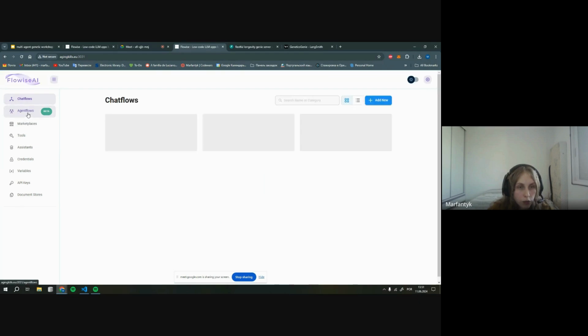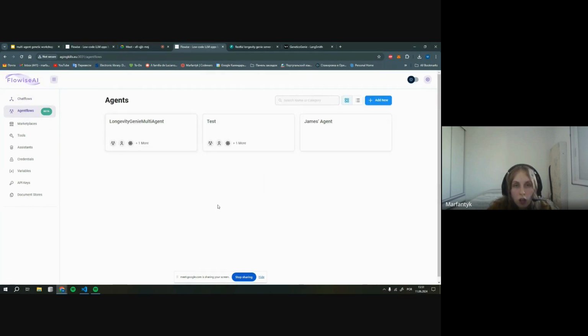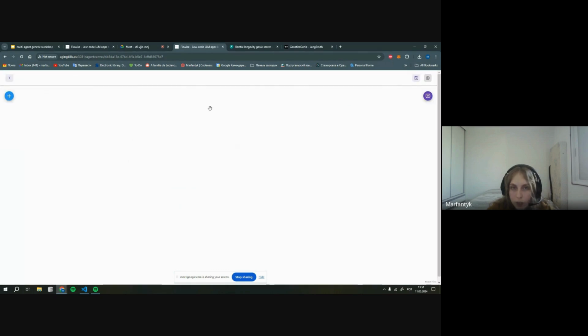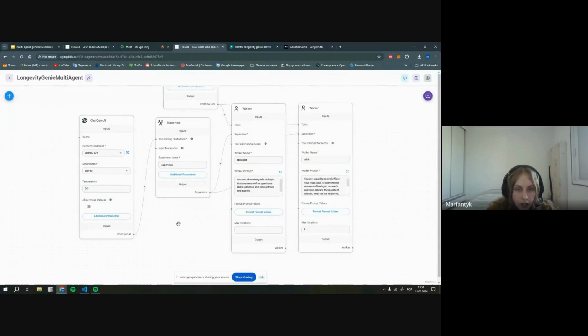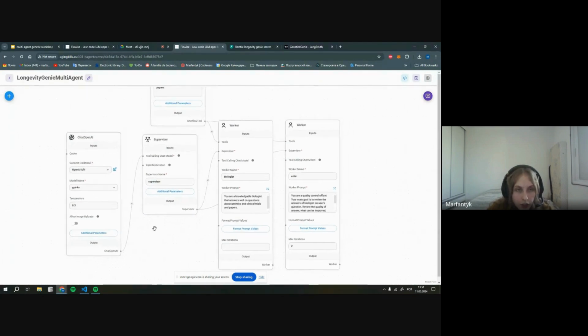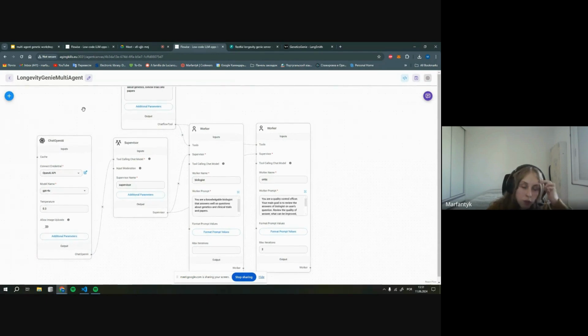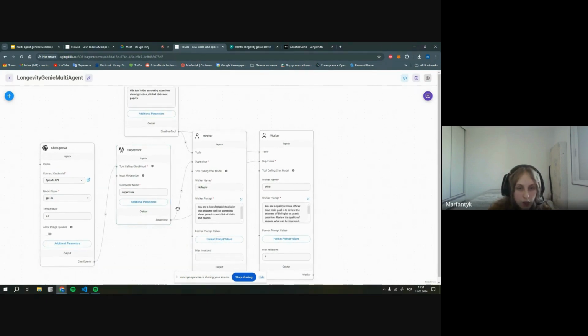So we are going to agent flows. And here I will show you one I already created. And here it is. So the way multi-agent flows usually work, there is a supervisor, like a manager who will